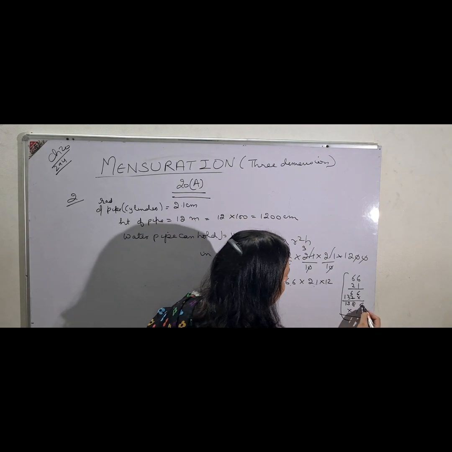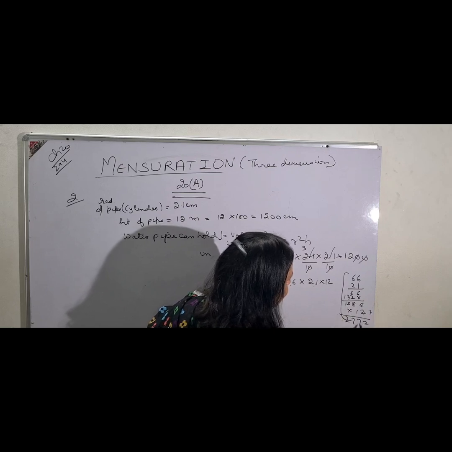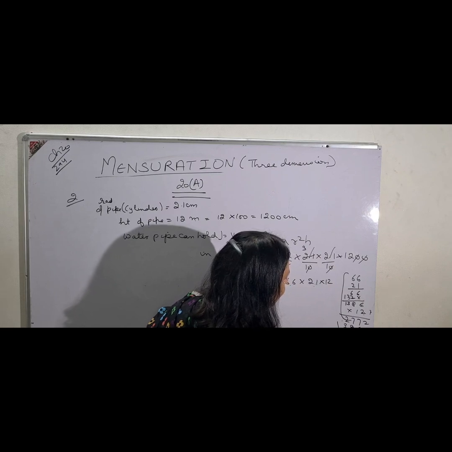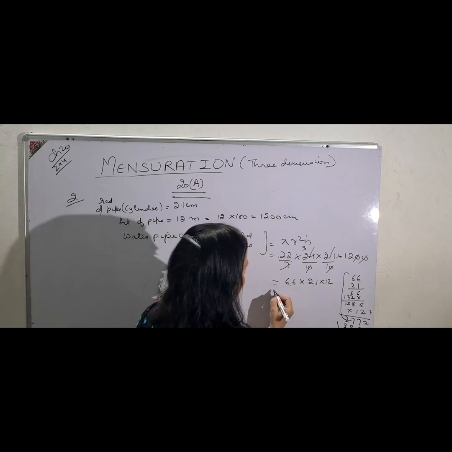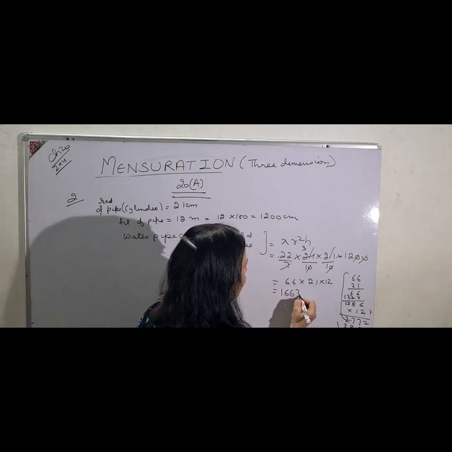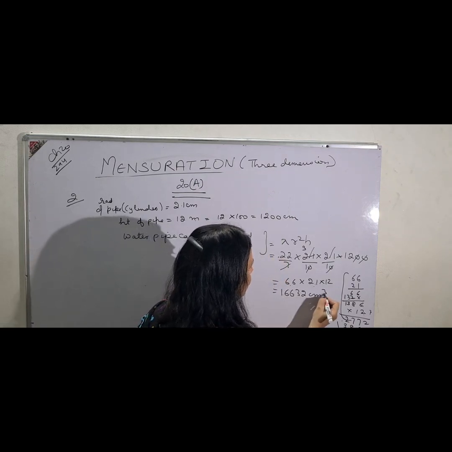Again, multiply by 12. 2 6s are 12, 1 2 8s are 16, 17, 1 2 3s are 6, 7, and 2 1s are 2. Then again 1 6s are 6, 1 8s are 8, 1 3s are 3, 1 2 6s are 12, 7, 13, 8 7s are 15, 1 16, 3 2 5 1 6, and 1. So the answer will be 16632 centimeter cube, or you can write